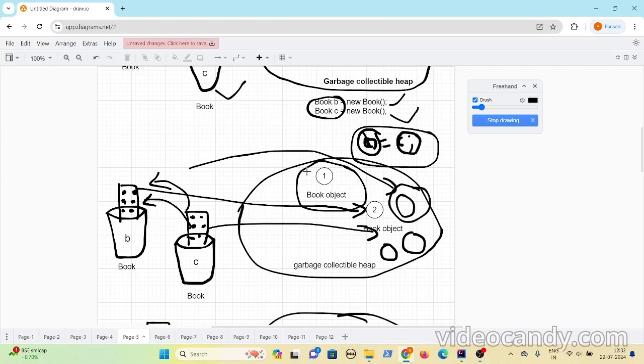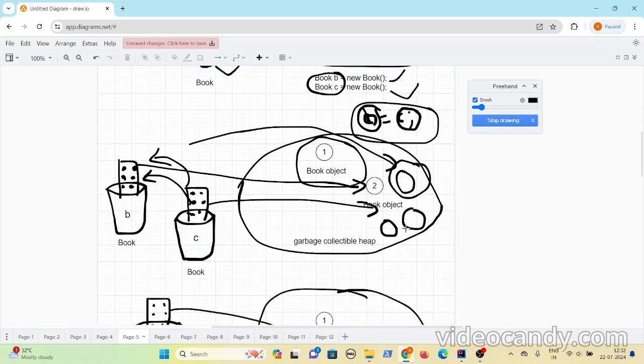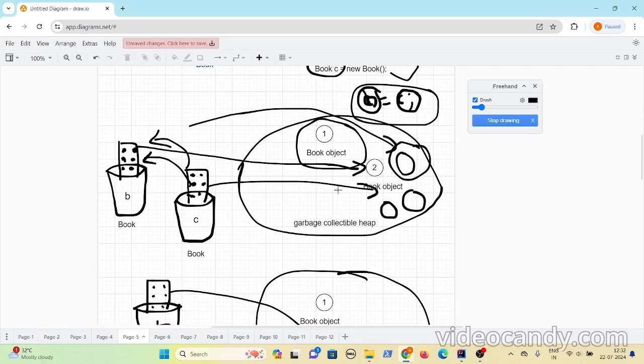So to clean up the memory, the garbage collector cleans up all the objects on the heap with no references, because if there is no reference, then no one can reach this object, and there is no use of this object on the heap at all. That's why, if there are no references to an object on the heap, it will delete it after some time. So in this particular scenario, since B and C are both referring to the same object, and the first book object does not have any references, after some time the garbage collector will delete this object and clean up the memory allocated for it.